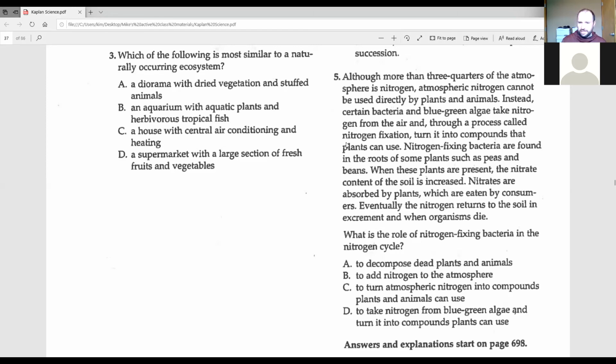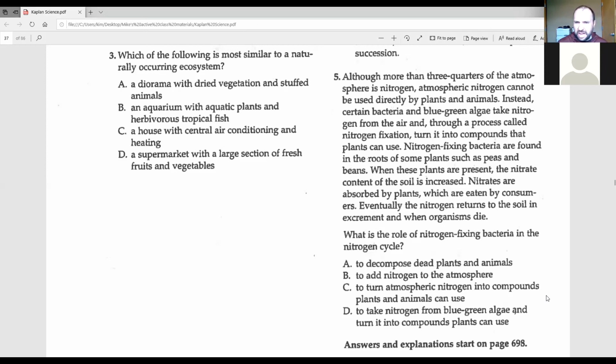So the question says, what is the role of nitrogen-fixing bacteria in the nitrogen cycle? So let's look at our options, and then let's go back and see if we can find the best answer. A, to decompose dead plants and animals. B, to add nitrogen to the atmosphere. C, to turn atmospheric nitrogen into compounds plants and animals can use. Or D, to take nitrogen from blue-green algae and turn it into compounds plants can use. Okay, so